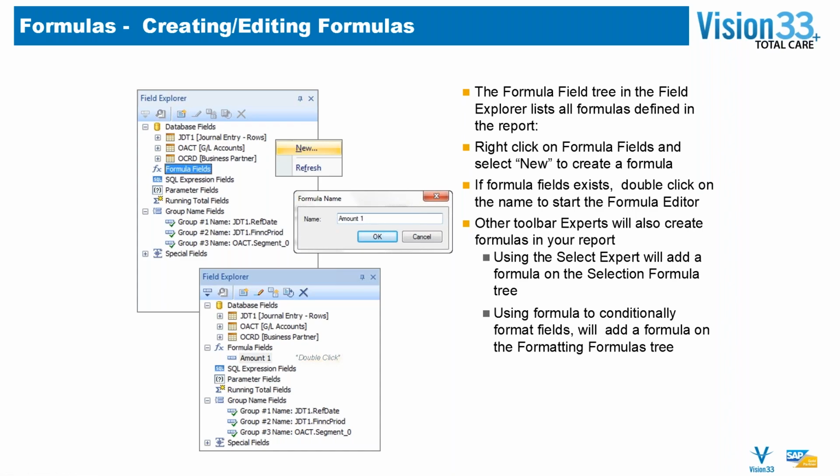I suggest that you give your formulas names that have some meaning, not just Formula 1, Formula 2, Formula 3, because you won't know exactly which one is which unless you label